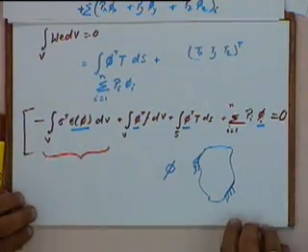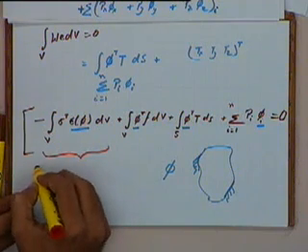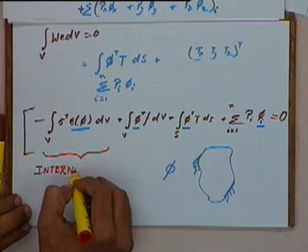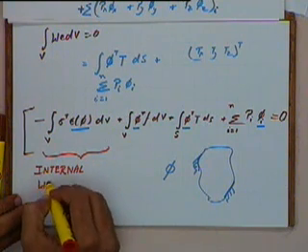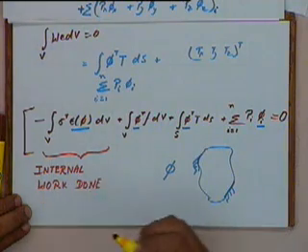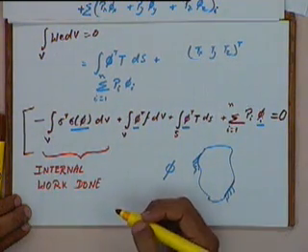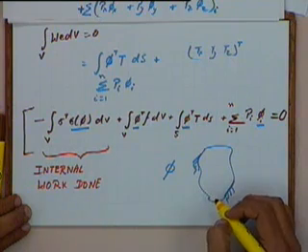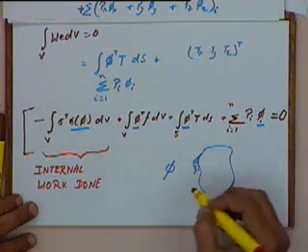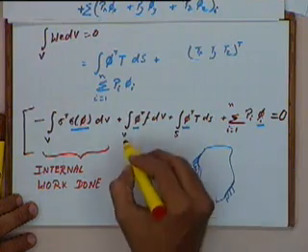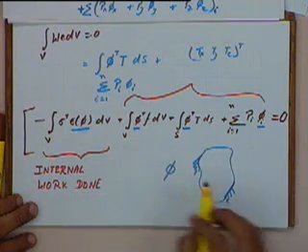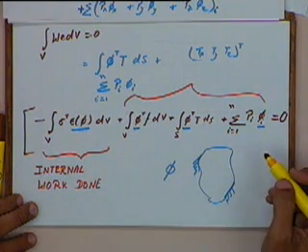So if I look at this term, the first term, okay, this first term is nothing but the internal work done by the virtual displacement. When you give the object some virtual displacement, then this is the internal work done, that is the work done against the internal stresses, and these three terms give us the work done against the external forces.